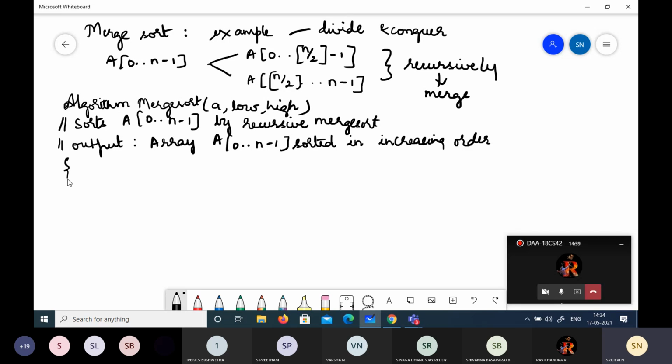So how do we start? How long should we continue? If low is less than high, which means that there are elements. This statement means that until there are elements, we just find the middle position. So how do you find the mid position? We will find it by taking low plus high divided by 2, which will give you the mid position, isn't it?